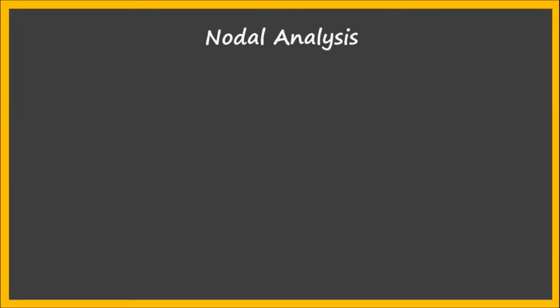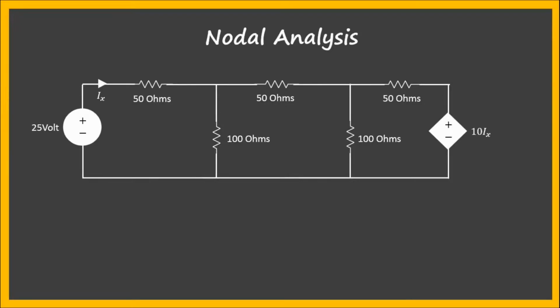This is a circuit as an example where there is also a dependent source, as you can see on the right side of the circuit. There are nodes or points where we know the value of voltages. There are 2 points where the voltage is unknown, and we rename them as V1 and V2. There is the current in the circuit called Ix. Using our previous knowledge of KCL, we can write its value in the form of V1.